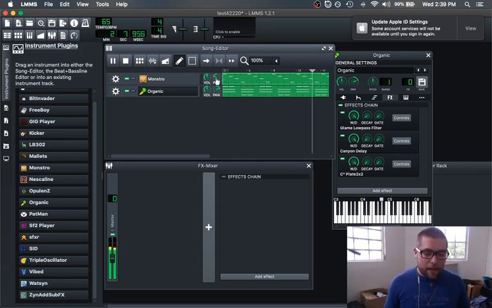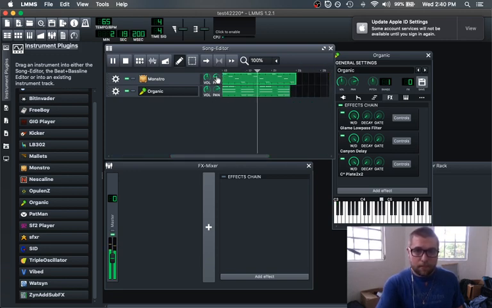Left and right, left and right. Nice. That's only 2 loops, you know? Let's add one more.